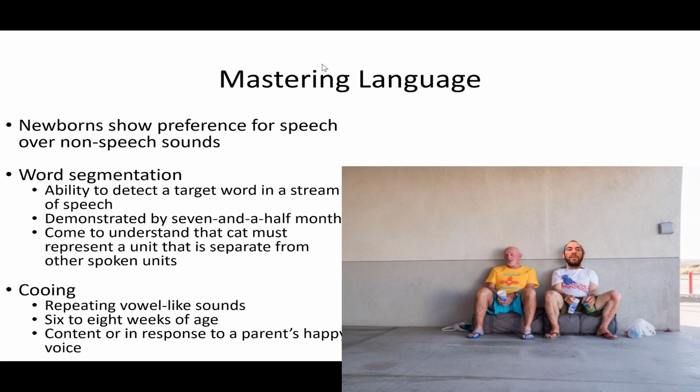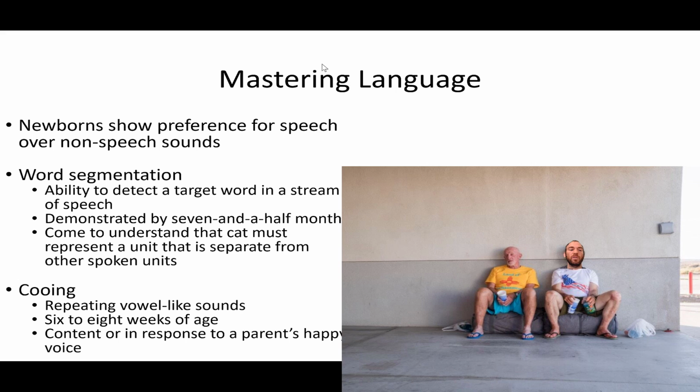Infants mastering language. Newborns show preference for speech over non-speech sounds. Word segmentation, the ability to detect a target word in a stream of speech, is demonstrated by 7.5 months, when infants come to understand that cat must represent a unit that is separate from other spoken units. Cooing, which is repeating vowel-like sounds, appears at 6 to 8 weeks of age, when content or in response to a parent's